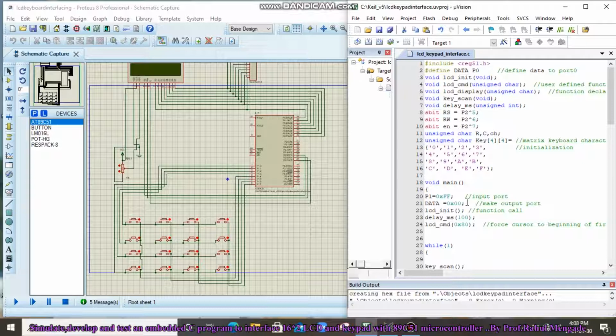So this is an embedded C program to interface LCD and keyboard with the controller.